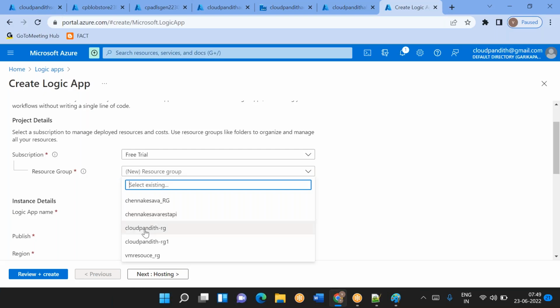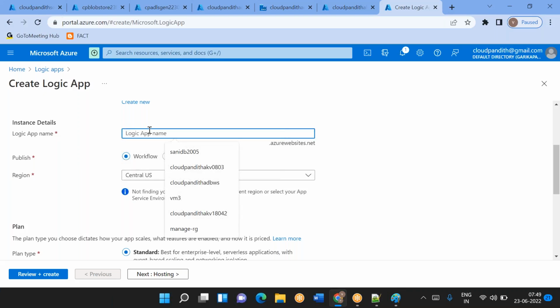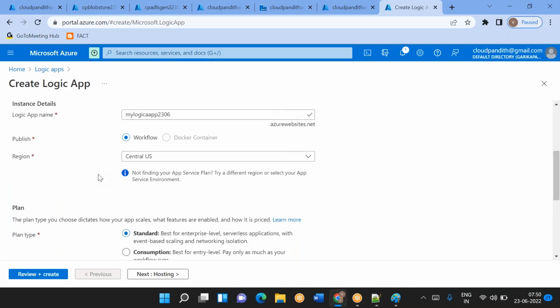Subscription will be there, then resource group. Let's take our resource group. Then the Logic App name, my logic app 2306, where we are taking